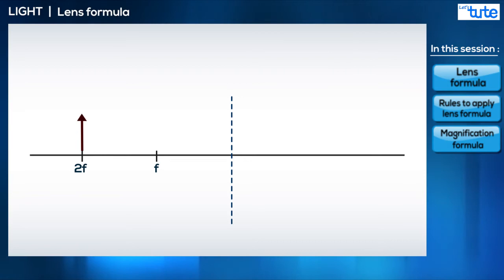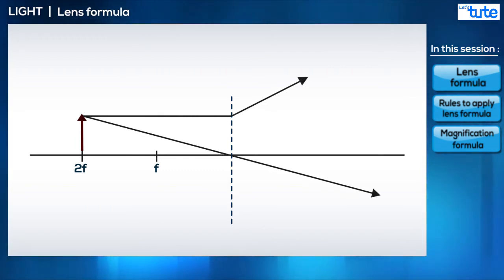Here, we can use the dotted line instead of drawing the lens every time, as long as you remember what lens it represents. Now, if we take two rays from the top, we can see one gets diverged from the focus while the other goes through the optical center. This makes a virtual image between the focus and the optical center, which is diminished.